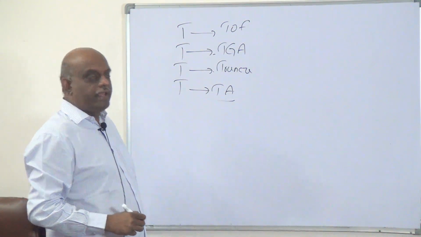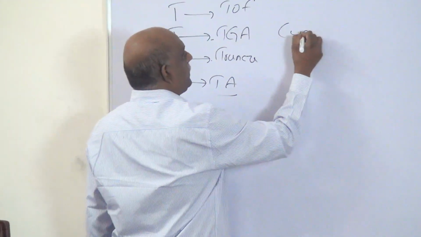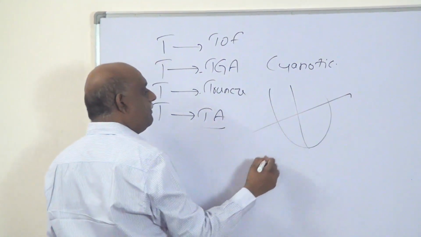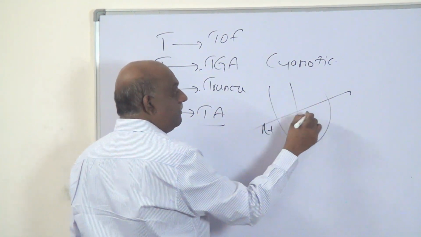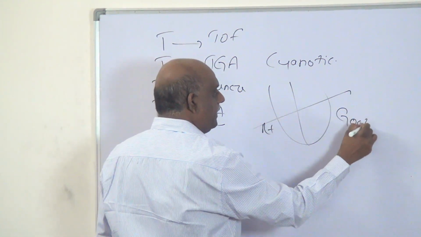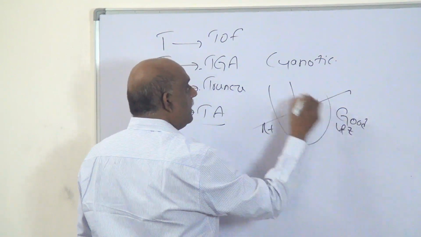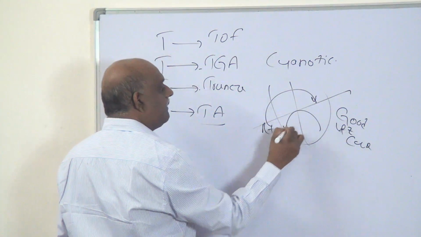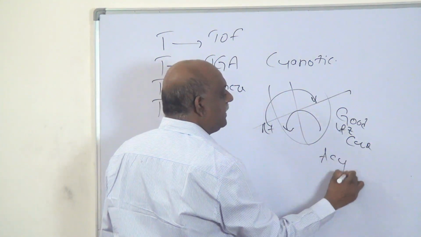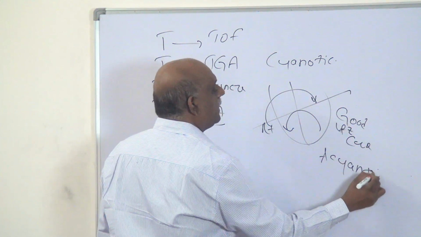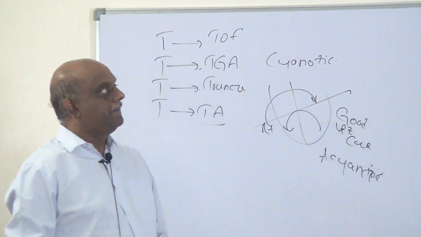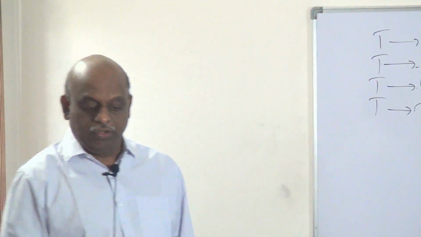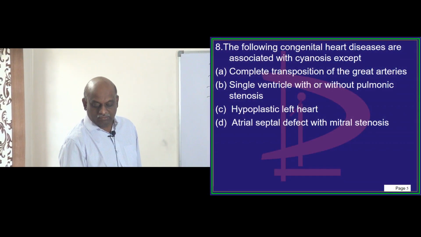All these 4 T's lead to the development of cyanotic heart disease, where the bad blood of the right side mixes with the good blood of the left side. When right mixes with left, you get the cyanosis, whereas left shunts to right, it is still acyanotic is what you have to remember. So all these conditions which have been shown to you, they lead to the